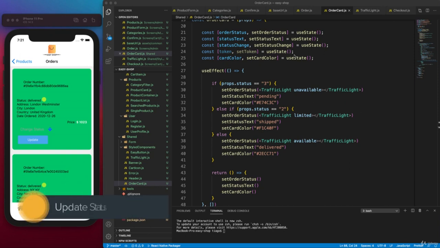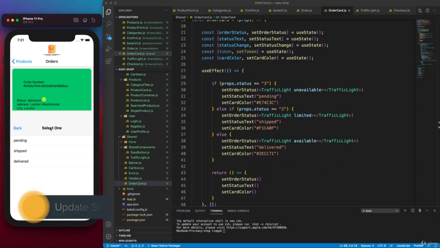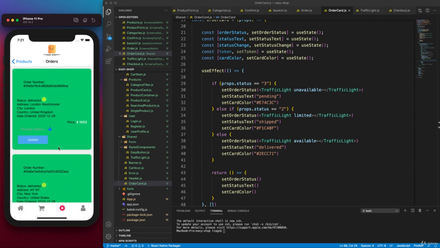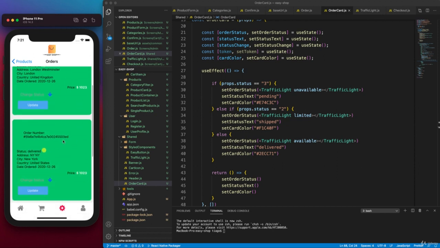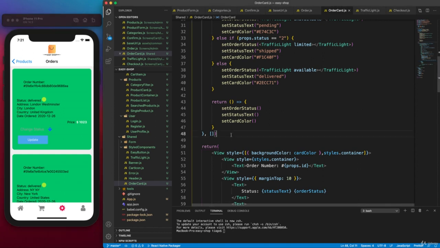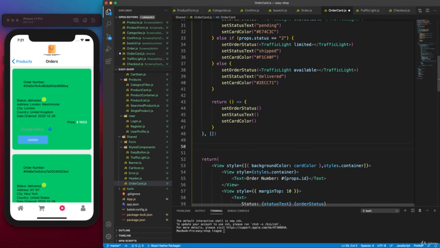And now we can implement a method to change our status. Whenever we change the status of our order, depending on the status of that order, the card will also change its color and this status as well. So we can notify the user of his order status. For that we first need to set a new method here, and we can call this method as const